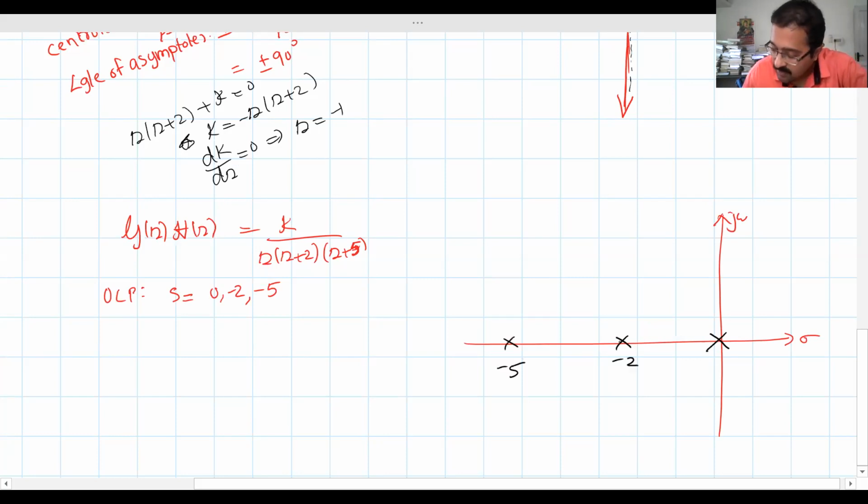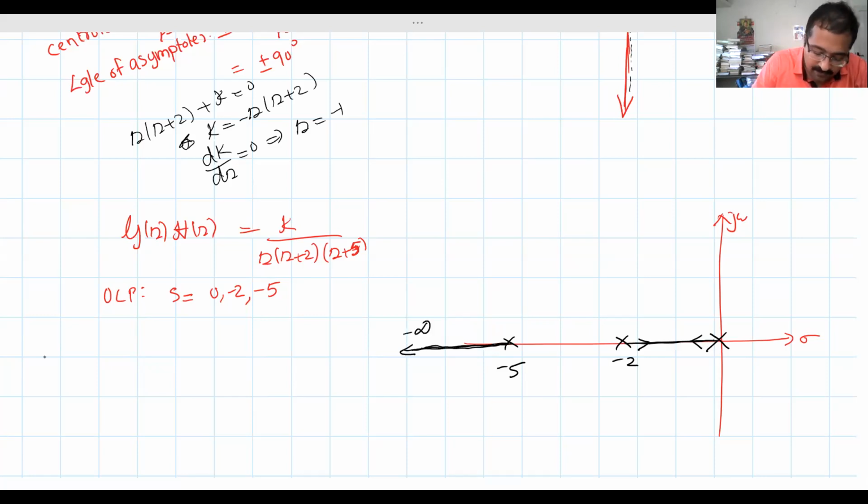Okay, so this will be a part of root locus because wherever in this interval I put my test point, to the right side I always have an odd number of real poles. So one will start from here, another one will start from here. So it's obvious there will be a breakaway point. Additionally, there will be one more branch of root locus starting from -5 up to -infinity.